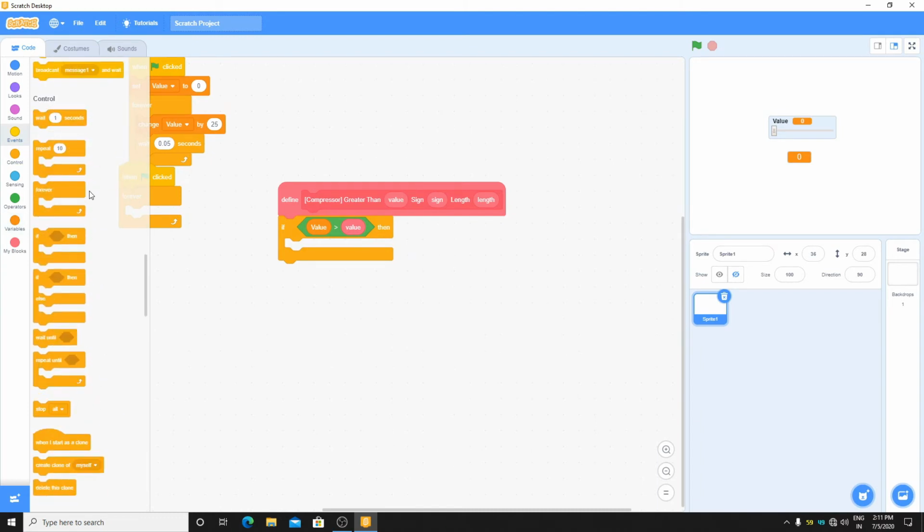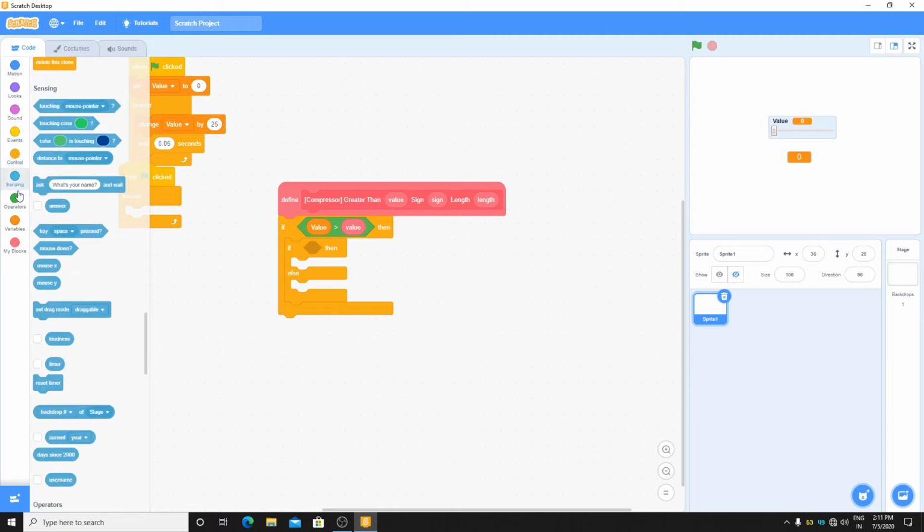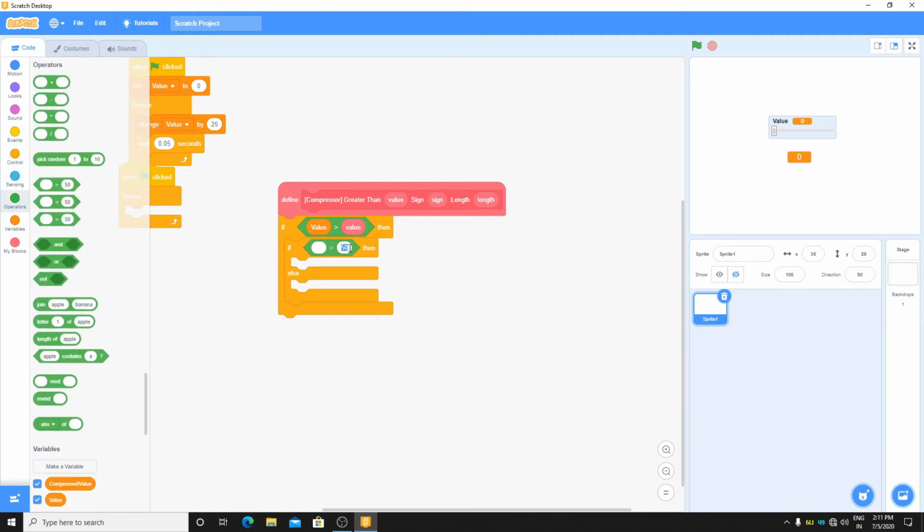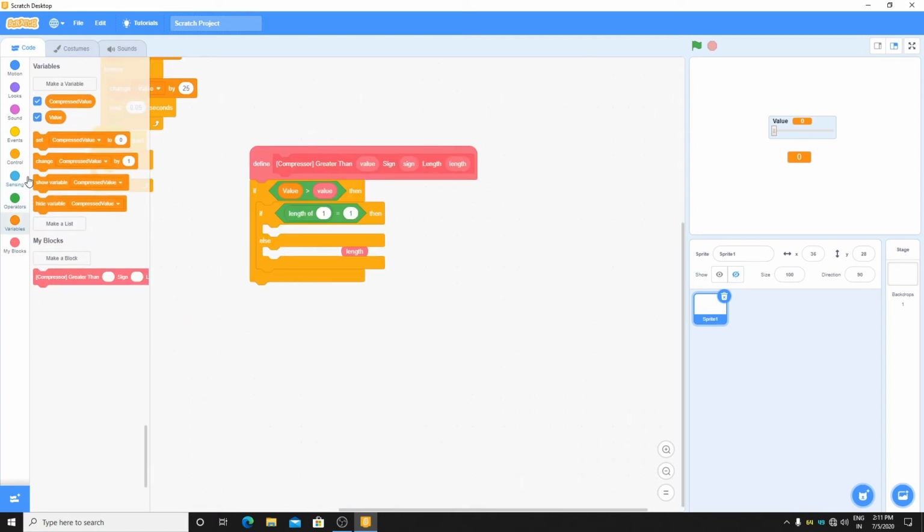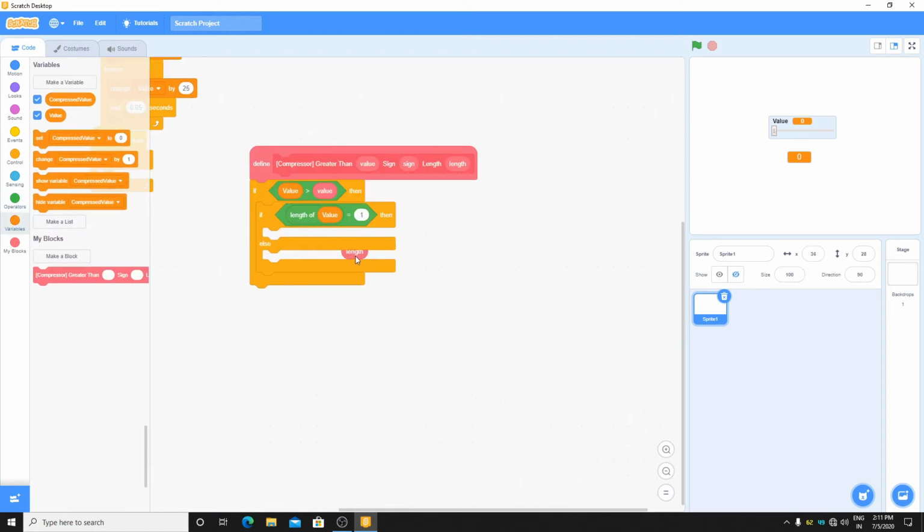Then put your if else statement, if else, put an equal to operator, then length of the variable value is equal to length,